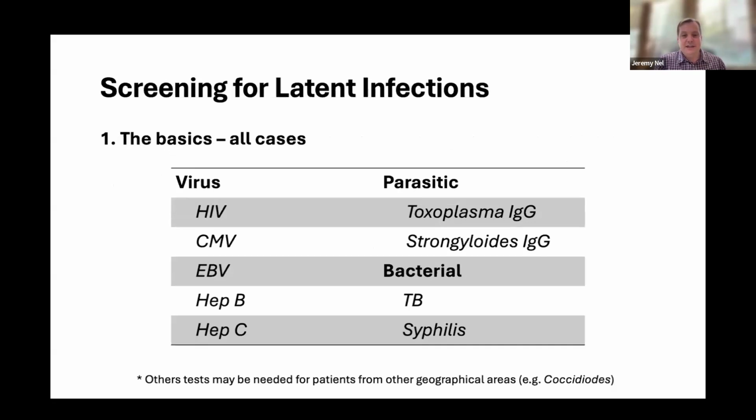HIV stands to reason. CMV and EBV we'll talk about. Lyle's going to talk about CMV, hepatitis B and C. For parasitic infections, toxoplasmosis is the big one. The reason for that is that it's actually a surprisingly common transplant infection if you don't think of it, especially